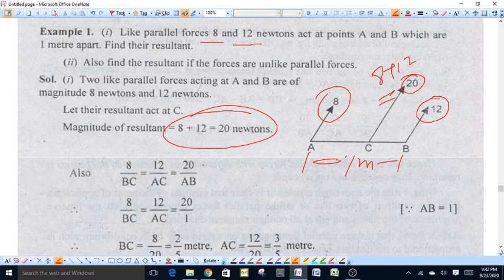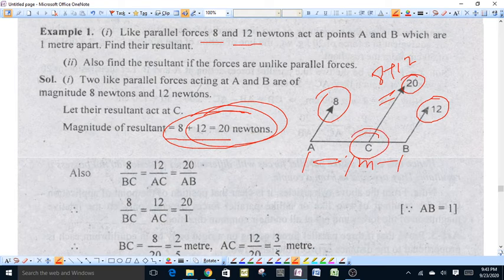In like parallel forces, if we have two like parallel forces P and Q, their resultant will be equal to P plus Q. In this case, we have 8 plus 12, 20 newtons, and this resultant force will act at a point C